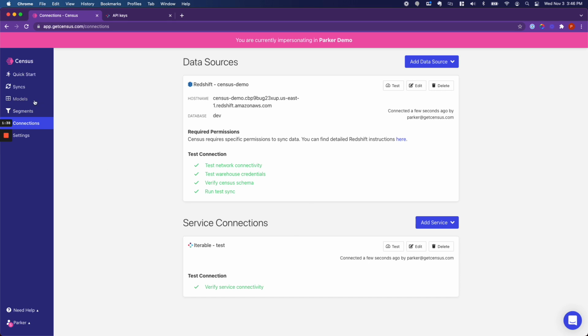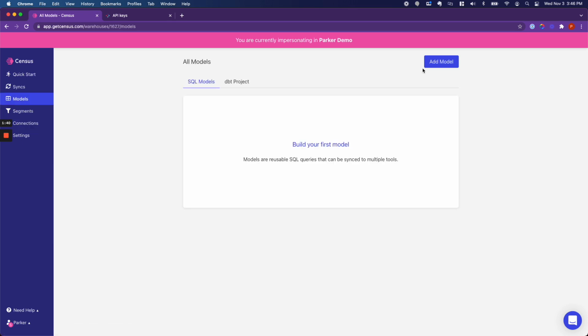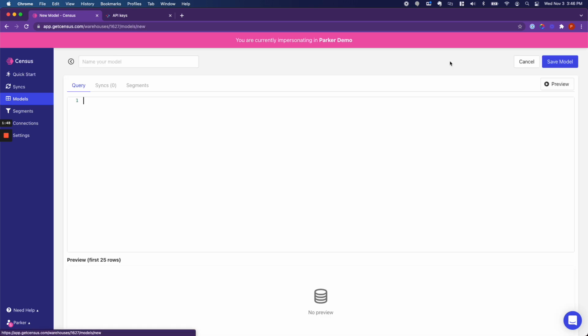Next, we're going to go into Models. This is where we're going to write a model of the data that we're going to send from our warehouse into Iterable. So you click Add Model. We're going to name this Iterable Test, or whatever you'd like to name it. And in the field here, you're going to write your SQL query. It can be as simple as that,